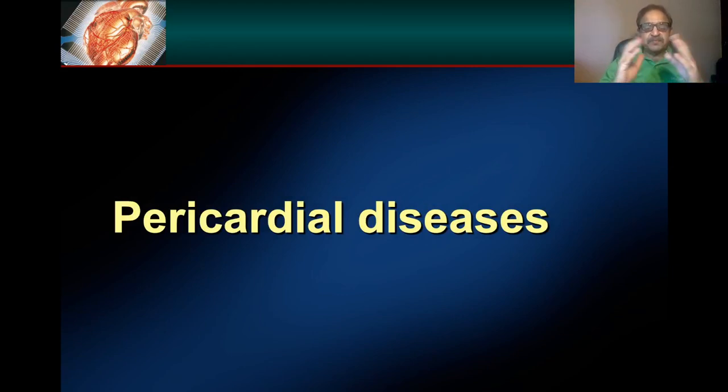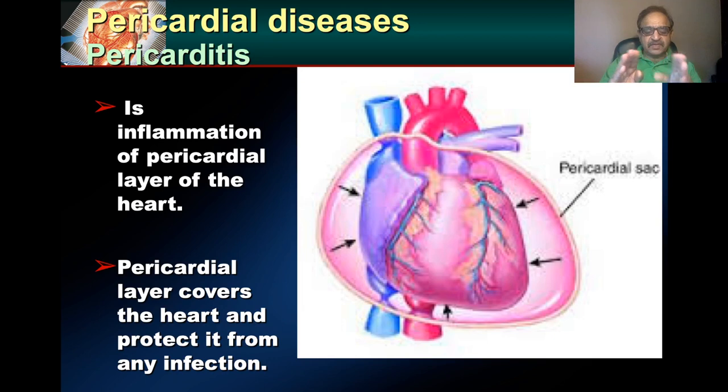Primarily, we'll discuss pericarditis and its complications like pericardial effusion, cardiac tamponade, effusoconstrictive pericarditis, and constrictive pericarditis. You know, pericardium is a layer which covers the heart. There's a visceral pericardium which lies over the heart, and then the outside vessel is the pericardial cavity, and then comes the parietal pericardium. So it's the inflammation of the pericardium which leads to these complications I have already mentioned.